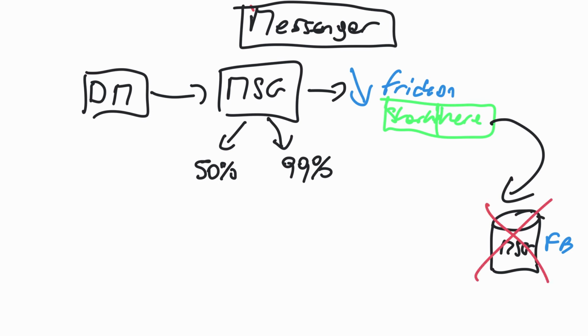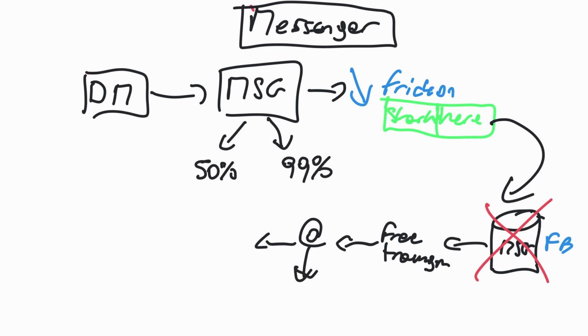So the first thing I did as soon as they joined is I said, hey, I have this amazing free training for you. Free training. Which email address do I need to send it to? Okay, give me an email, I'll send it to you. Okay, and now when they give me their email, guess what? Now I have them in my external email list. I never actually sent them out of the network. I just made an integration, so there's a robot that basically will catch all of this and put them in a list, and they stayed on the Messenger platform, okay?